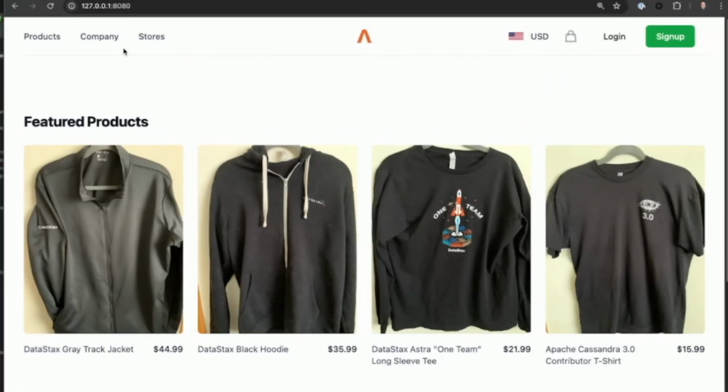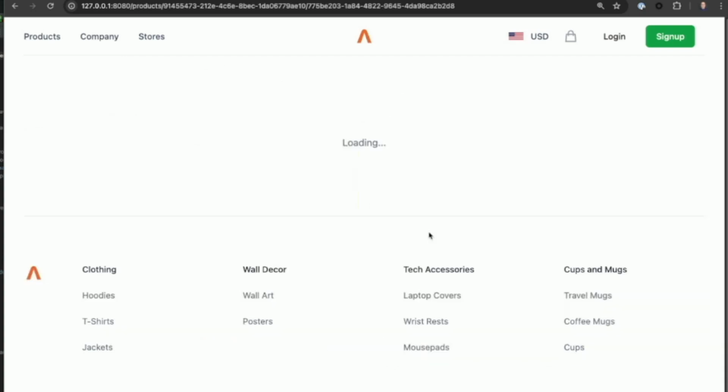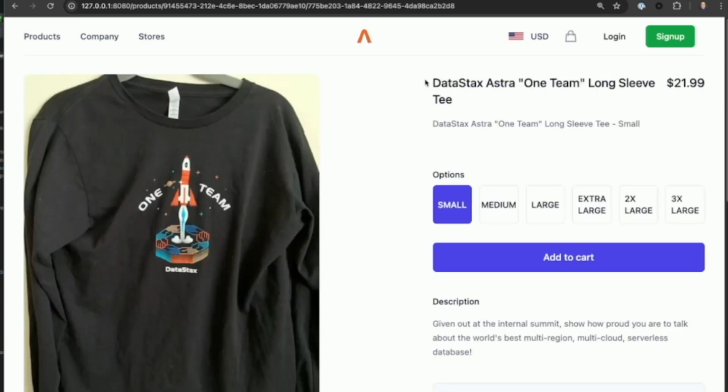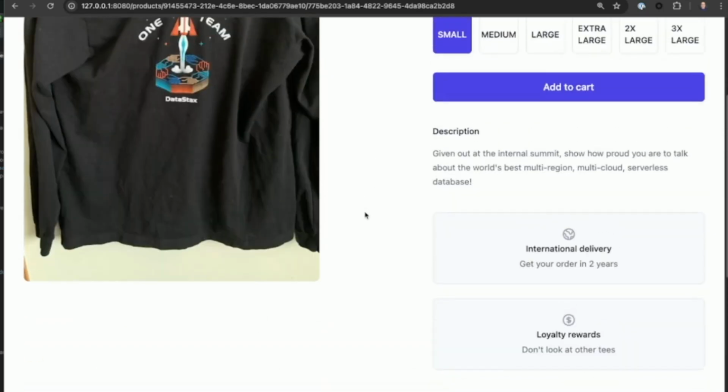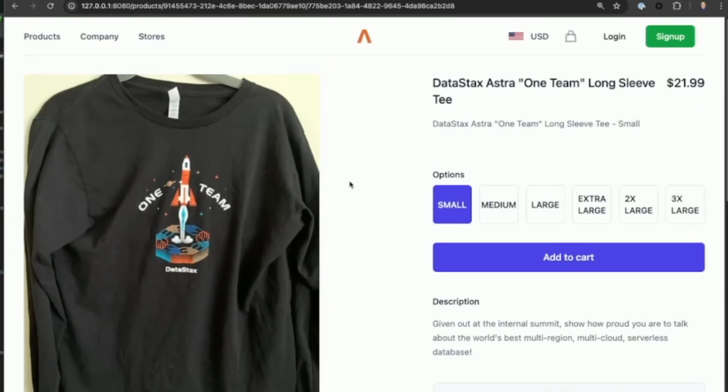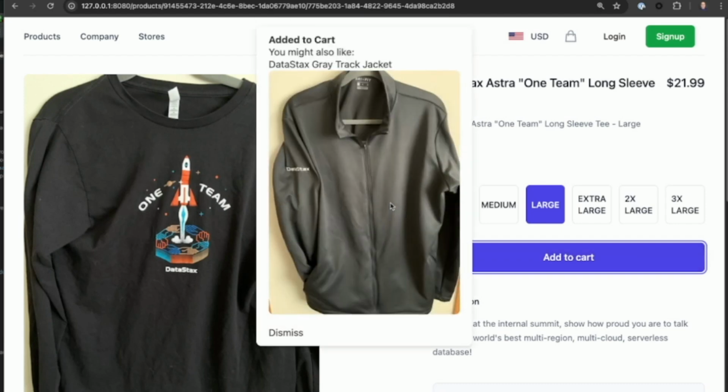All right, let's go. So, this is our e-commerce website, the platform that we built up for that workshop. If I have a look at one of these products here, there we go, you can see it comes up just fine. In this case, it actually is doing a product query that is calling that same table in Astra using the Table API. So I can say large, and add that to my cart.